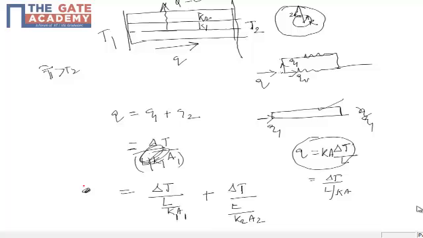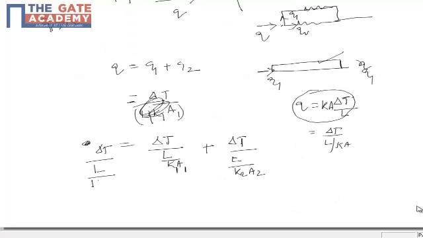What it means is that if I replace this entire thing with one cylinder, with the same temperatures at inlet and outlet and the same area of cross section, then what is the thermal conductivity for the same heat flow? So Q is delta T by L by K equivalent into total area. This is my equation,